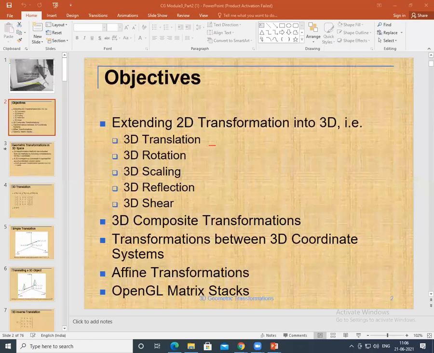Tomorrow I would conduct a unit test. It is for 20 marks. So 4 questions will be there. In that, one of the questions will be on Sutherland Hodgman polygon clipping. So one question will be on fixed point rotation. Another question on shear and reflection. Okay, what is shear and reflection, I'm going to explain it.